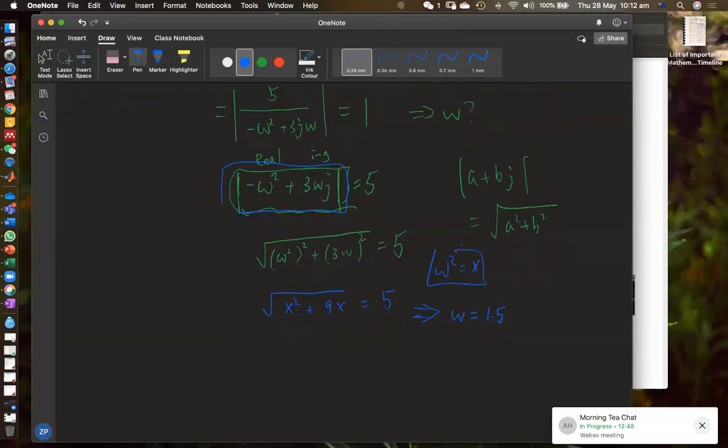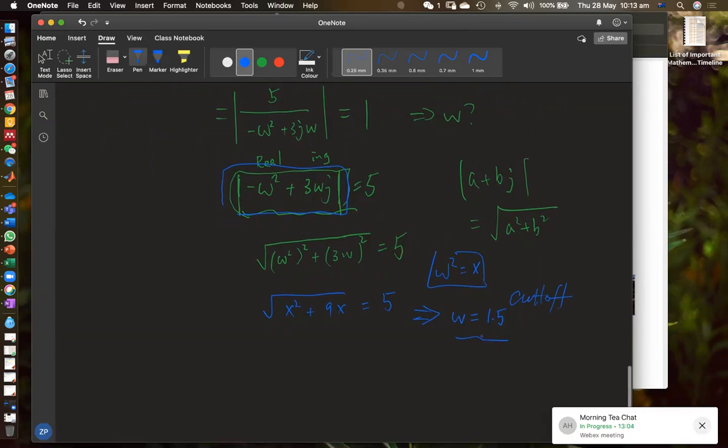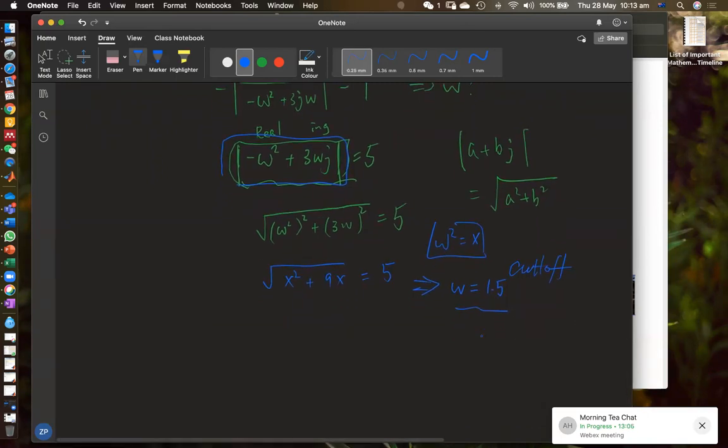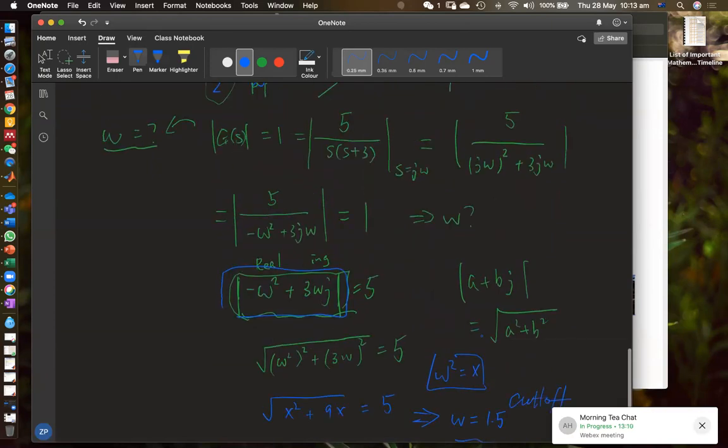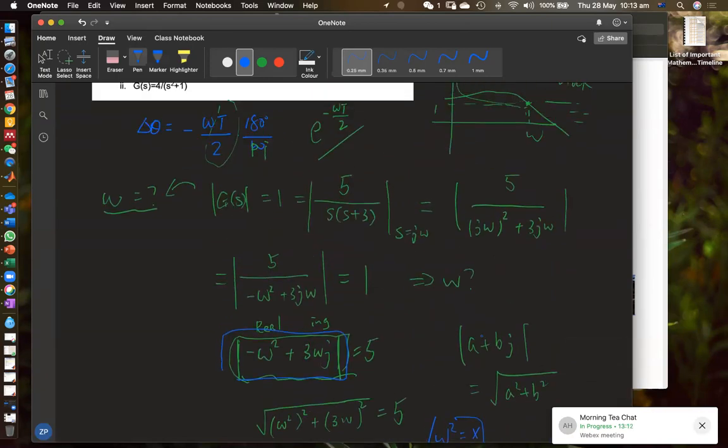So this is how we got this omega. This is what we call a cutoff frequency. In MATLAB, you just do a Bode diagram. It gives you all this from the plot, which I'm going to go through very quickly. Okay, so you got omega, then the loss of the